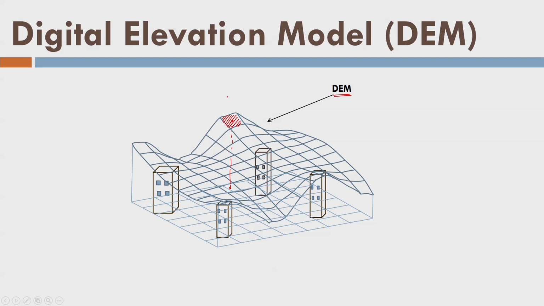I need not repeat it again and again. Remember that each and every cell of the DEM is of uniform size. Perhaps it appears to you that they are of non-uniform size here, but in fact, they are always of uniform size, so be careful on that part. It is just a representation on the screen. We are not efficient at drawing all of this, that's why we are taking help of some curved lines and so on. Now, a DEM is a collection of Z values at a given XY location.